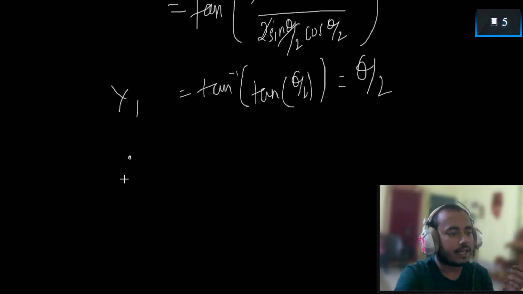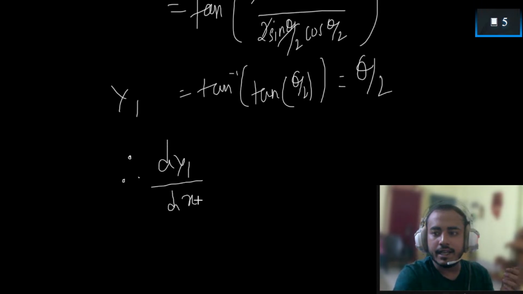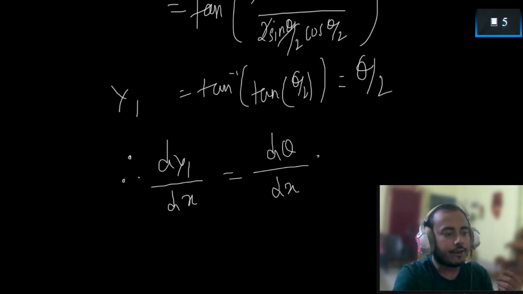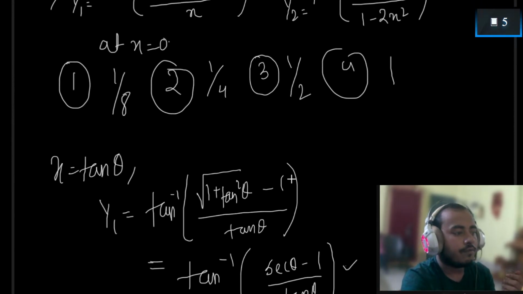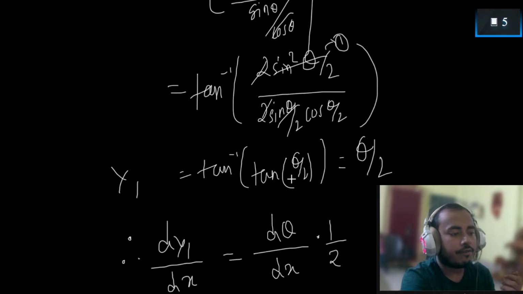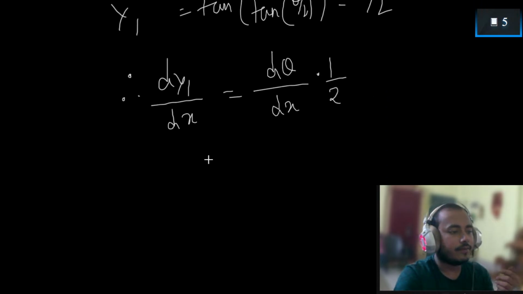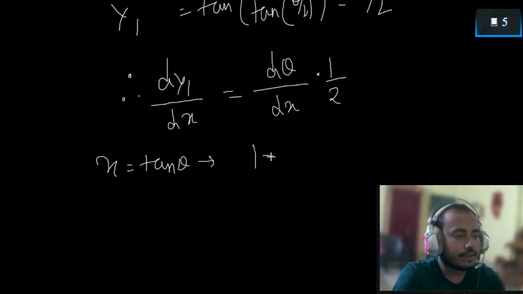So this means that dy1 by dx is equal to d theta by dx into half. Now what was our theta? We had x equals tan theta, right? We are going to find out the value of d theta by dx from that. So x equals tan theta. Now if you do d dx on both sides, you will get